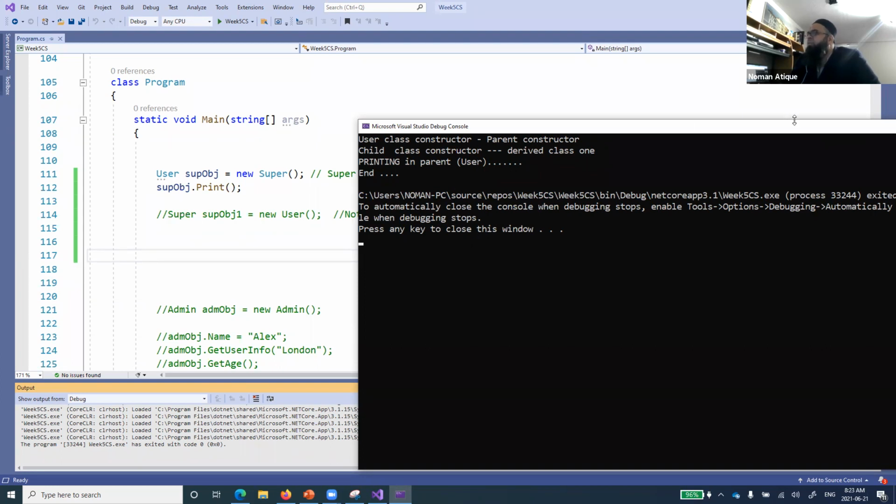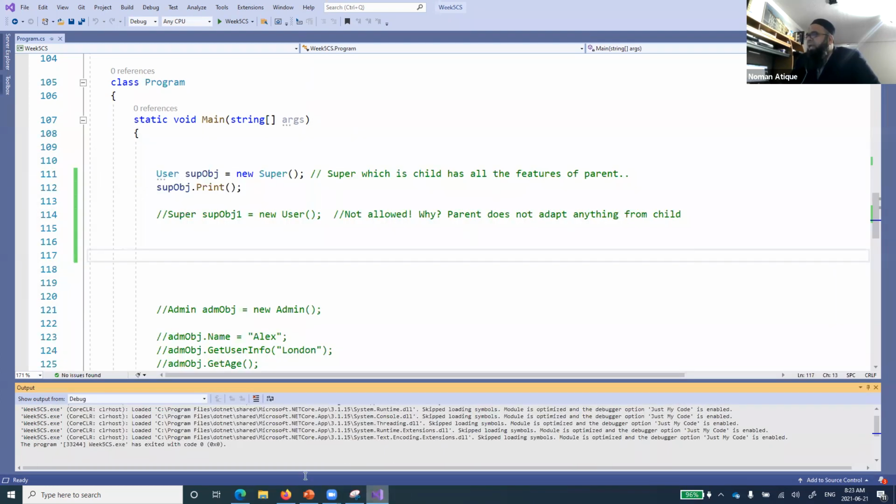Does that make sense to everyone? Because now I'll be building upon that, and I have collected all these in the PowerPoint slide. Does that make sense? So what you have to remember from here: a parent reference variable can accommodate an object of the child class, but a child reference variable cannot accommodate the object of the parent class, and we have seen why.